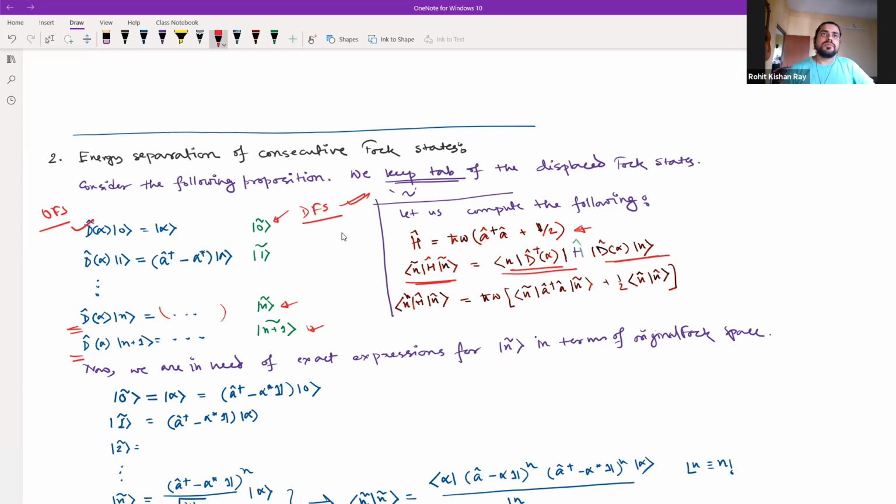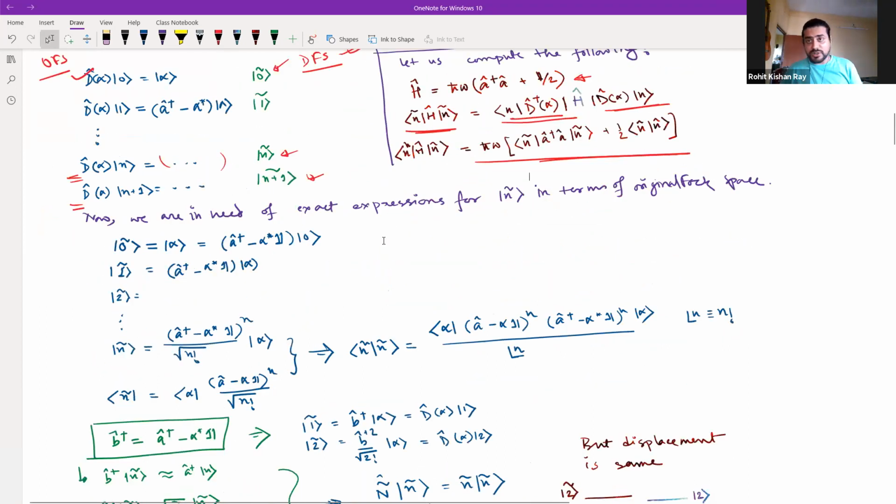Once you figure out those things, then the Hamiltonian using this expression can be broken apart in this part, right? I hope up to this everything is clear. In case it is not, you can stop me anytime and ask the question. Once we have these expressions, as you can see, we are in need of exact expressions for this part, right? This thing and also this, so that we can tell apart. So again, we try to rederive this expression that I was leaving blank.